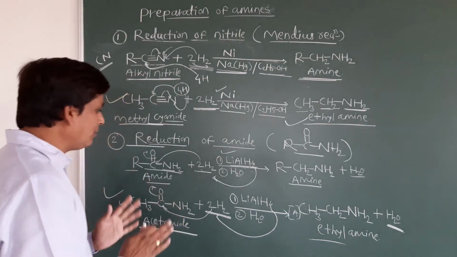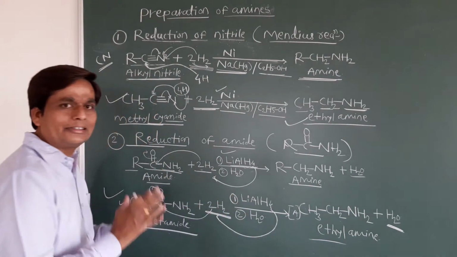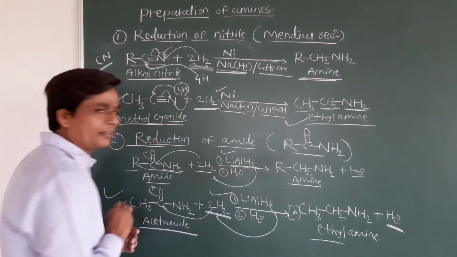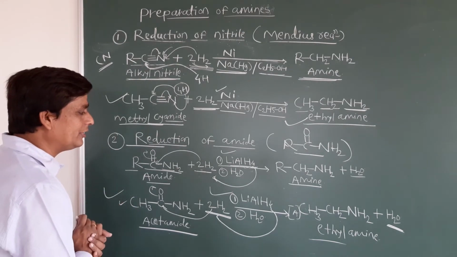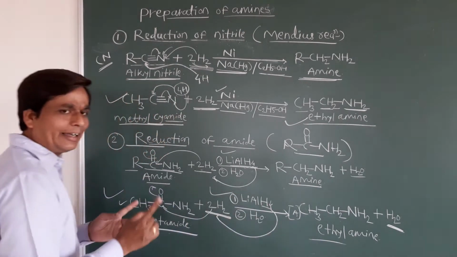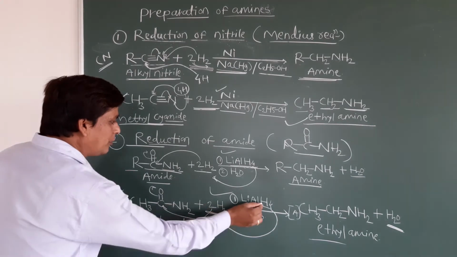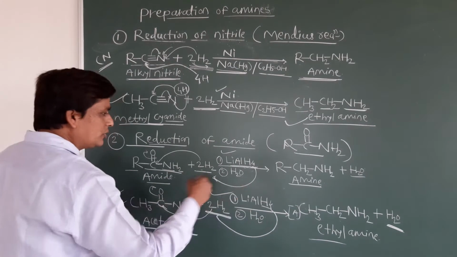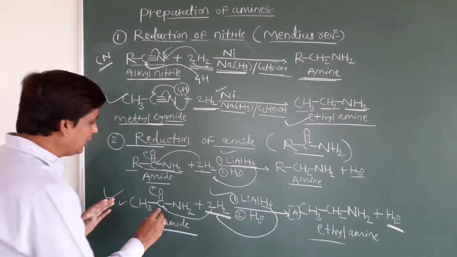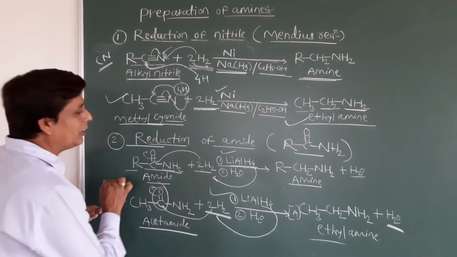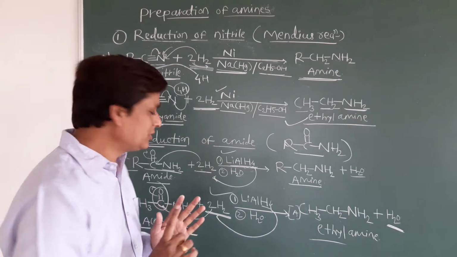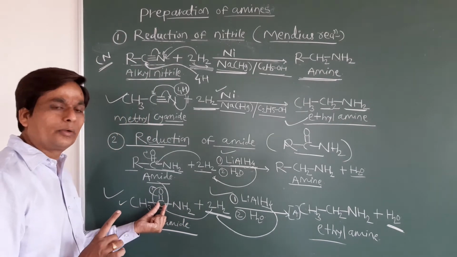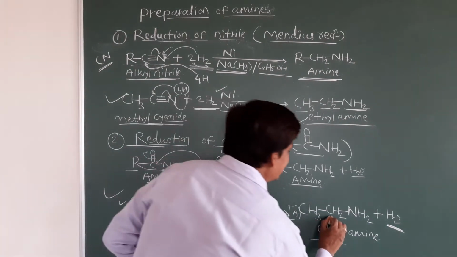Okay, so you just remember when lithium aluminum hydride is there, obviously it is a reducing reaction. How does the reduction take place? There are already 4 hydrogens, so remember that out of these 4 hydrogens, 2 hydrogens attach to this carbon and this oxygen, and the remaining 2 hydrogens (H2) will be removed. Simply, this carbonyl group converts into the CH2 group. Remember students what I am saying, this carbonyl group C double bond O converts into CH2.